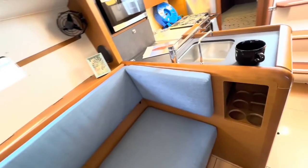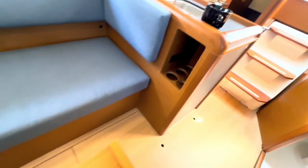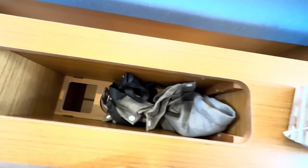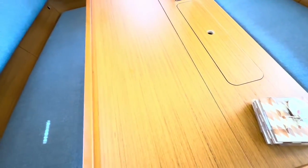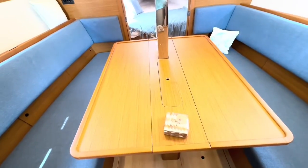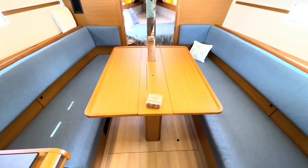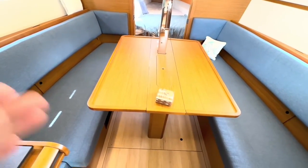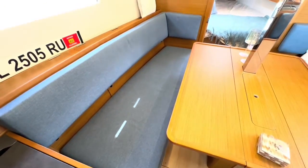And again, you have two other sections right there. The boat has some space for your liquor cabinet, and also for your wine bottles down here. And the center table opens up relatively easily. You just lift it up, and you can have 6 to 8 people sitting around for a dinner or something like that. The only catch is it really takes all of the space, and you have to slide in order to get